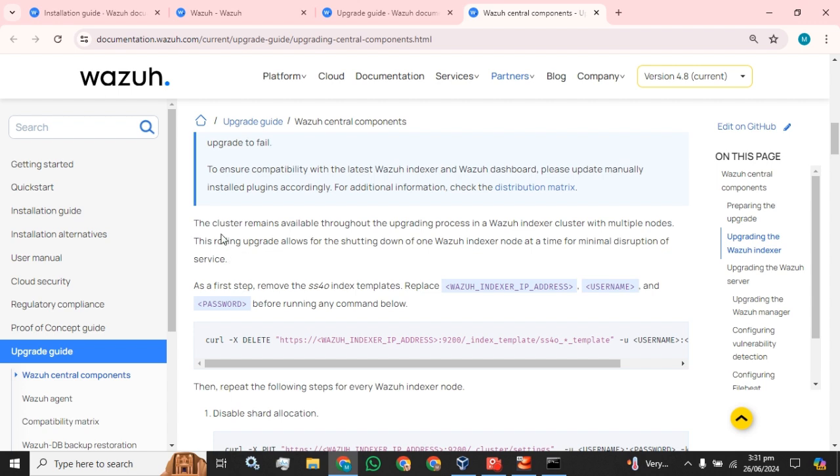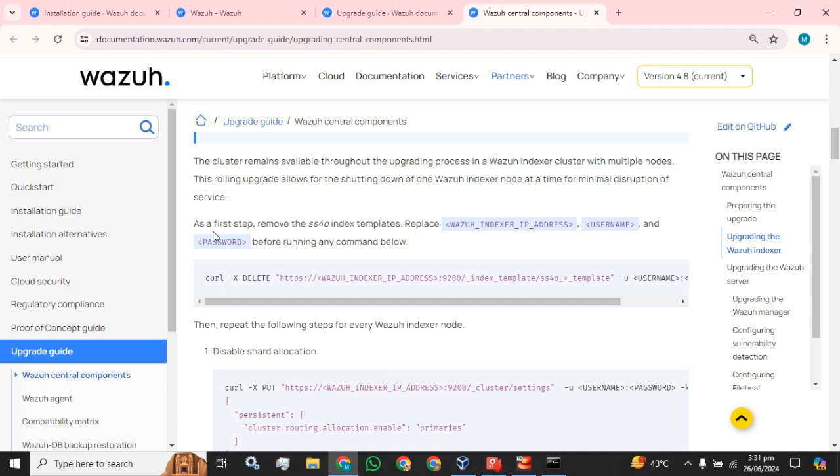on the website. The cluster remains available throughout the upgrade process in a Wazuh indexer cluster with multiple nodes. The rolling upgrade allows for shutting down one Wazuh indexer at a time for minimal disruption of the service. As a first step, remove the ISM index template. Replace the Wazuh indexer IP, username and password before running any command. So we are going to